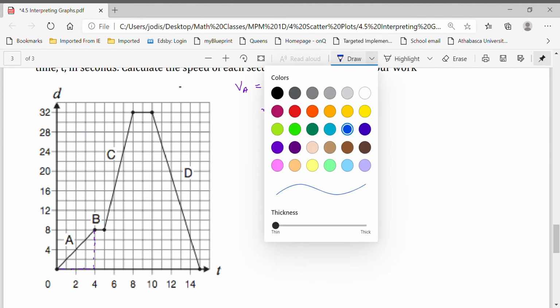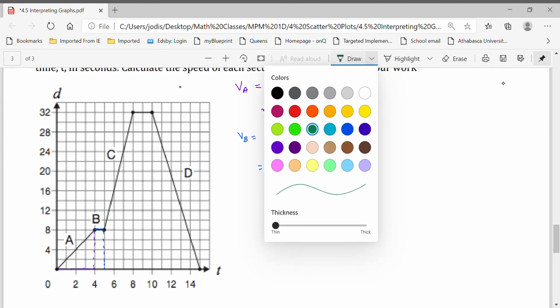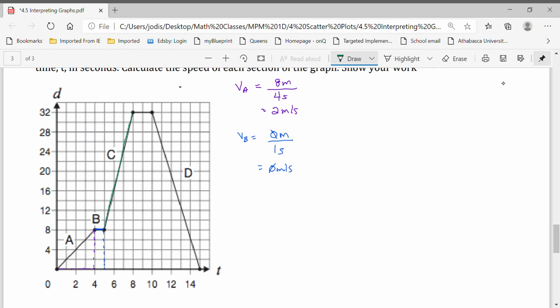Okay, so switch colors. So B here. So we've got VB, right? This squirrel stopped. So we didn't go anywhere, and he didn't go anywhere for 1 second. So we've got 0 meters per second. For section C,